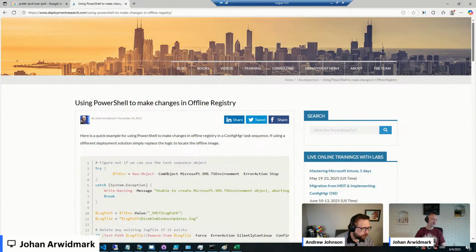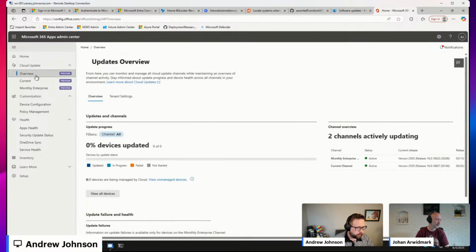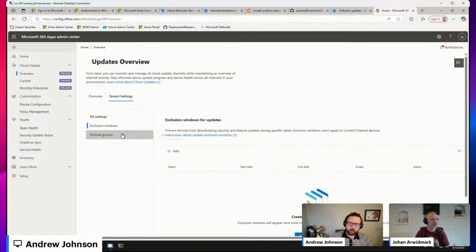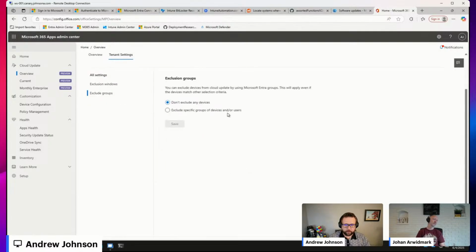However, if you don't mind switching over to my screen, Johan. I do not mind at all. Sort of the opposite. You can't go the route of including specific devices, at least not that I'm aware of. But if you go into config.office.com here, under the Cloud Updates section, you can go to Overview and then Tenant Settings. Here you can exclude groups. So by default, it's going to hit all devices, but then you can exclude groups of either devices or users in Entra in order to exclude them from your update policies. So you can go that way,